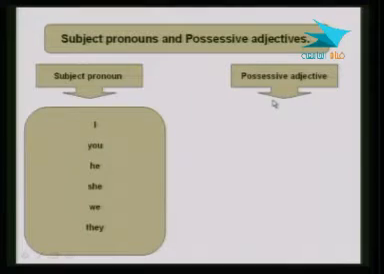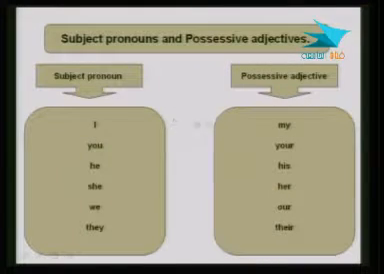And these are the possessive adjectives. As you can see, in this part of the slide we have the subject pronouns, and in this part of the slide you have the possessive adjectives. So just repeat. Listen very carefully, and I will say them, you repeat after me. All right, I,